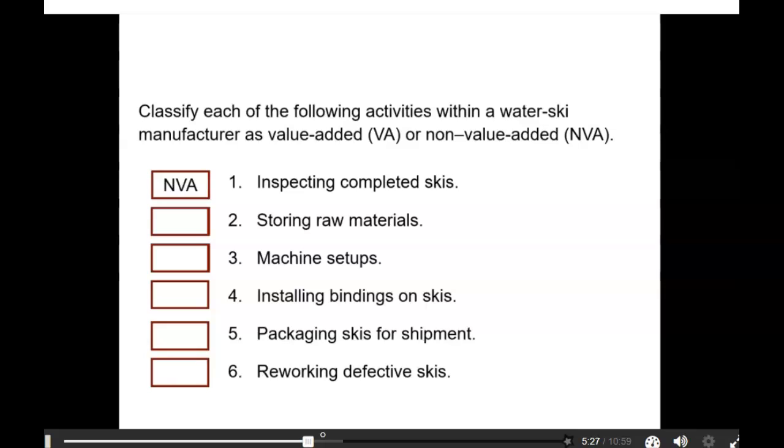You should produce it right the first time. Storing raw materials and machine setups are non-value-added. Inspection is. Packaging is. Rework is a waste of time. You should do it right the first time. So it's non-value. You see, inspection and storing and reworking are